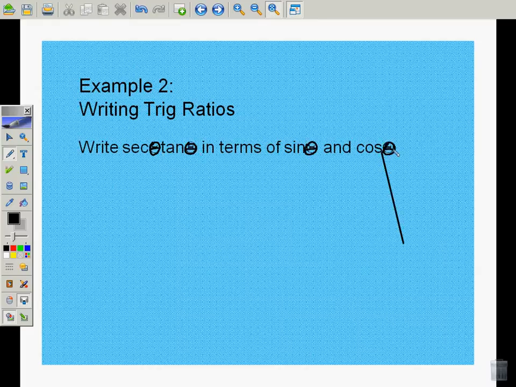This is where a knowledge of those identities is very, very crucial. So let's see what we've got. Secant theta. And if you've got your identities handy, you can recall that secant theta is really 1 over cosine of theta. Look what I'm doing. I'm systematically eliminating, because remember my goal